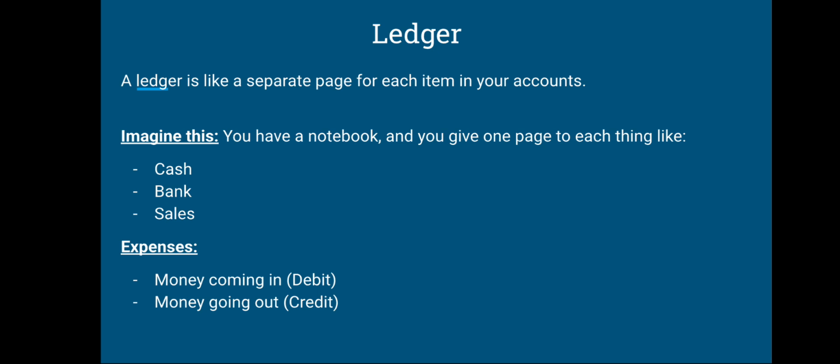A ledger is like a separate page for each item in your accounts. Imagine you have a notebook and you give one page to each thing like cash, bank, sales, expenses, money coming in, and credit, money goes out. So ledger refers to, for example, suppose you have spent $100 to purchase furniture. So here